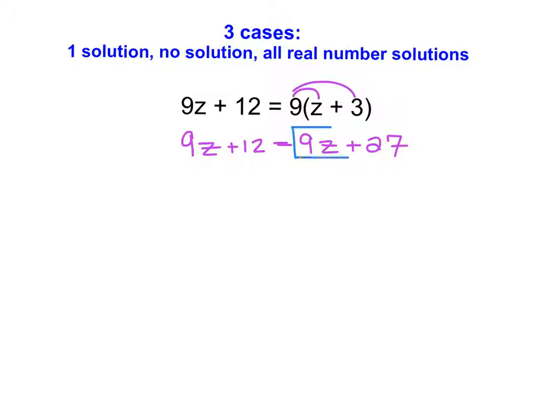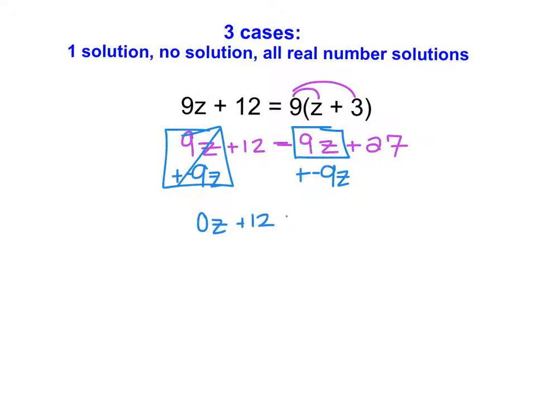So I'm going to move this 9z to the other side of the equation by adding a negative 9z to each side. And as I do that, this becomes 0, so I'm going to just write 0z plus 12 equals